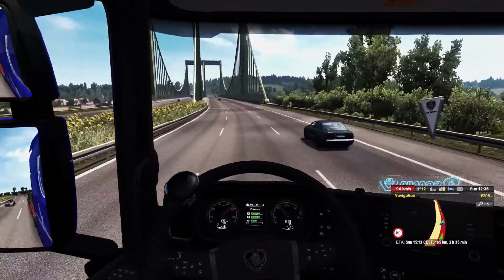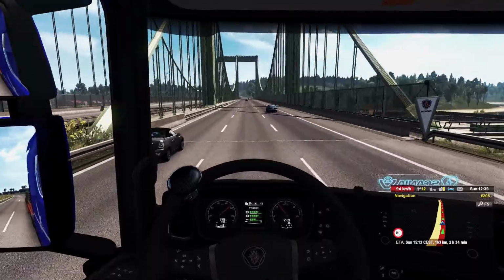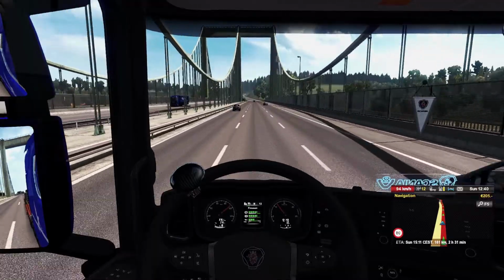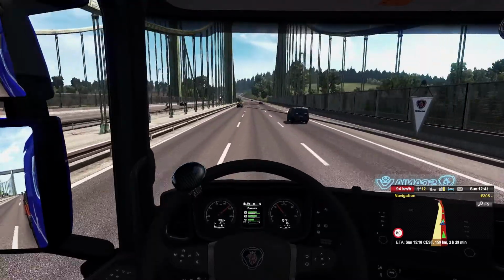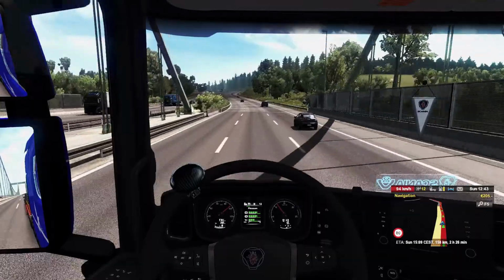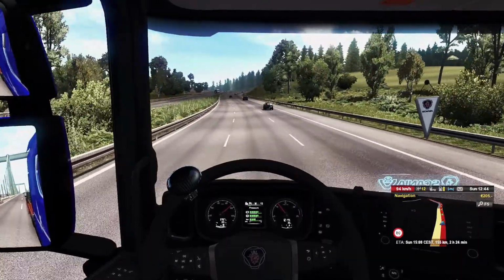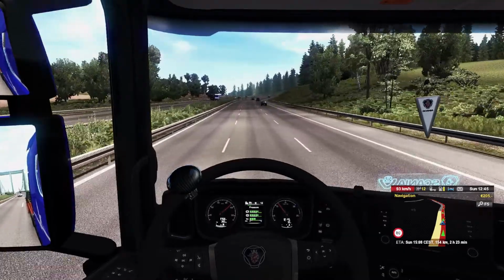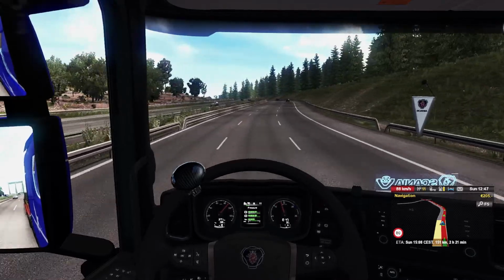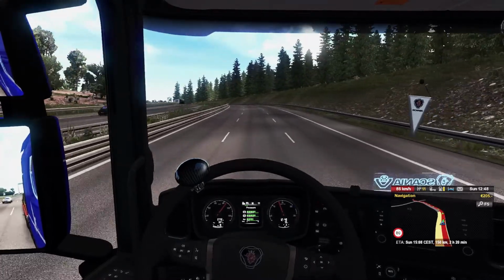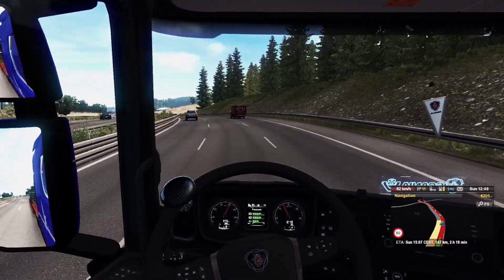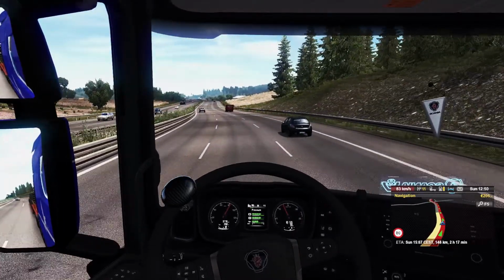We're in Germany. I'm looking around for changes and improvements, and I have to say these maps are so big now, particularly with ProMods, I don't even remember the last time we were in Germany. It's probably a couple of months ago in real time. So I can't necessarily say that's different or that's different. And I said this last episode, I feel like overall the game just looks better, but I don't know if I'm seeing that because I'm seeing it, or because the notes said I would see it.